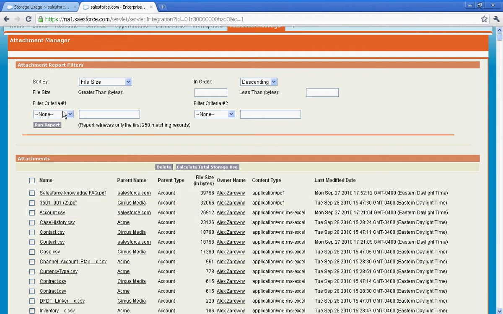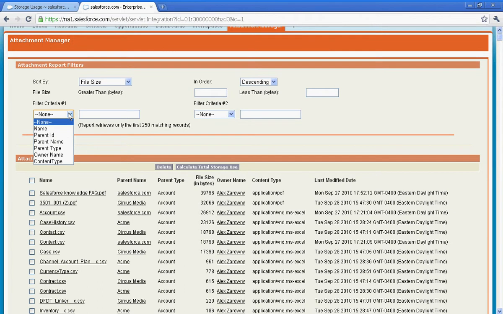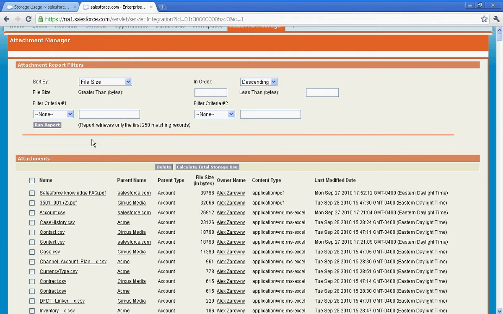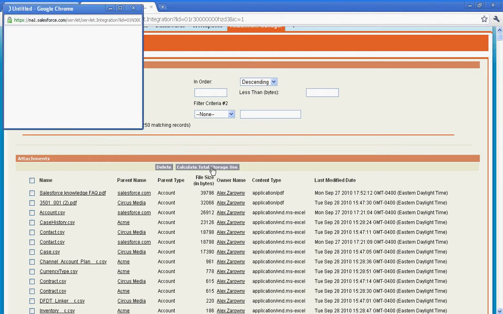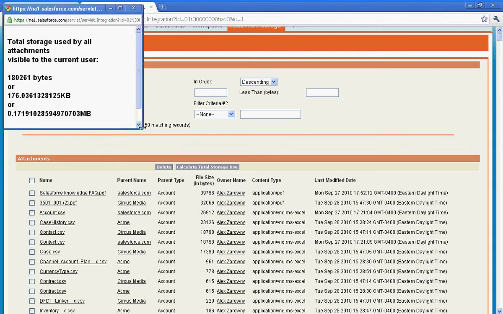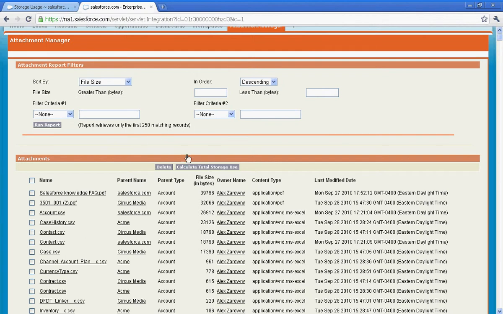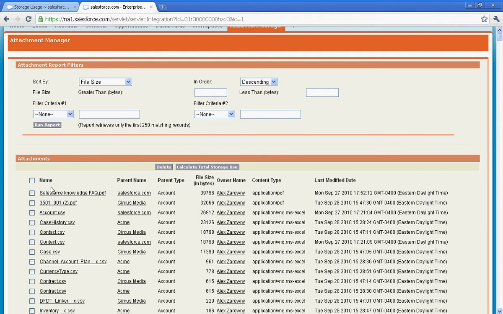I can also filter by additional criteria, so if I'd like to sort then by size and then by parent name, I can do so. I can calculate the total amount of storage that's being used. Right now I can see I'm hardly using any of the storage that I have available to me, but I can go in now and delete this information